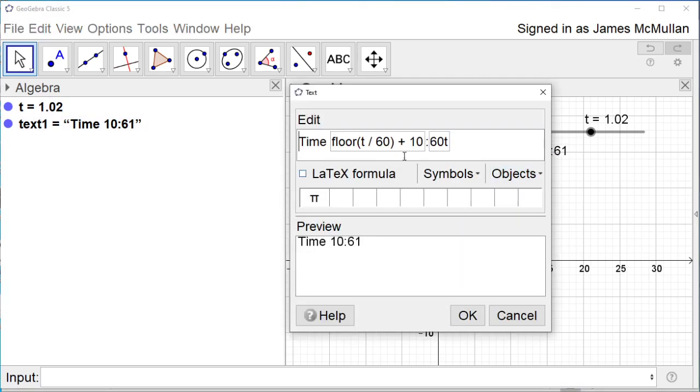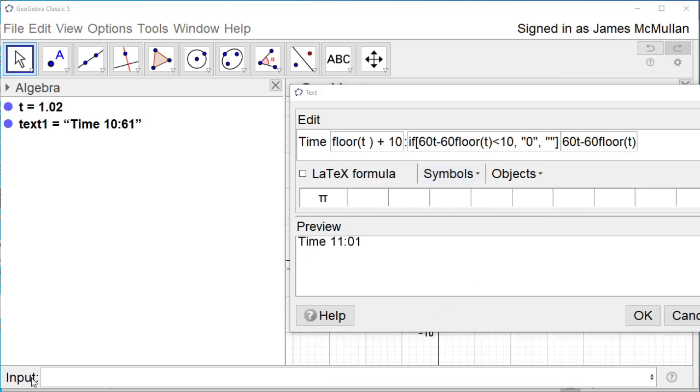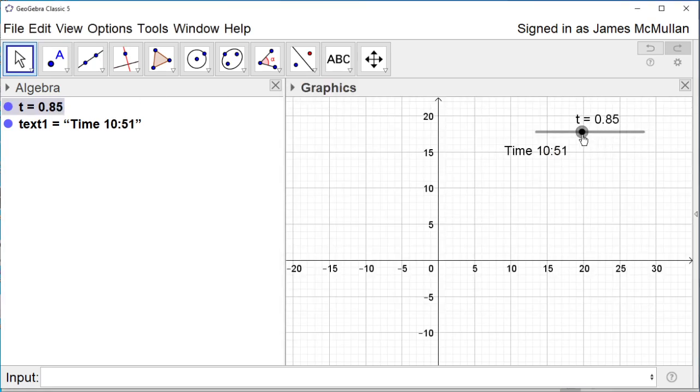Sorry, floor T is all we need there, and then we need 60 T. Yeah, but that won't work. Okay, so you didn't need to watch me figure that out, but I think this now correctly deals with the